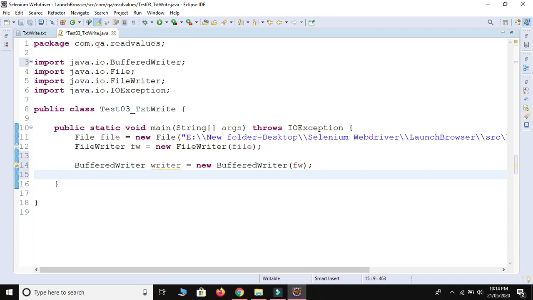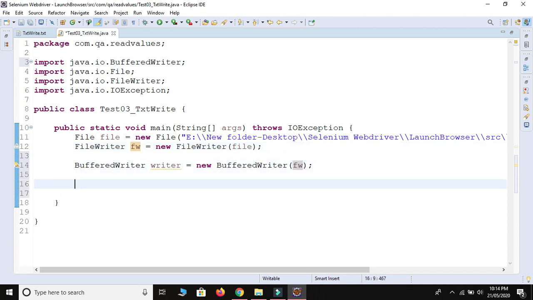See guys, this is the connectivity. The reference variable of File is used here, and the reference variable of FileWriter is used here. So now we are done with the setup.